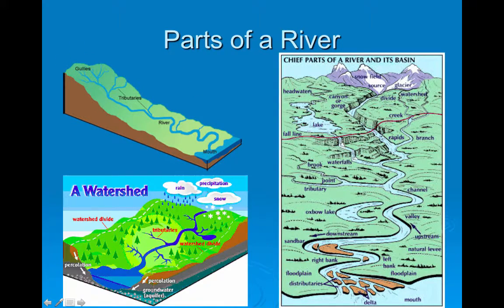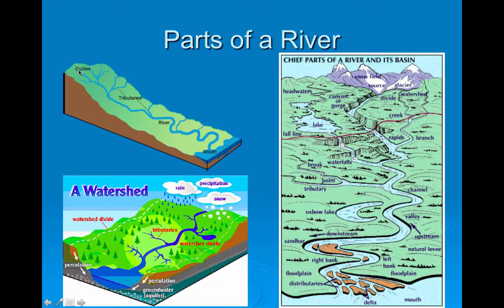All right, parts of a river. You need to know that the watershed is all of the land around a river, from the highest points down to the river at the lowest point. The implication being, it rains, and the rainwater, because of gravity, runs into the river, but that rainwater is going to pick up any pollution that exists between where it hits the ground and where it runs into the river. So when you're considering the health of a river, you've got to consider what's going on within its watershed.